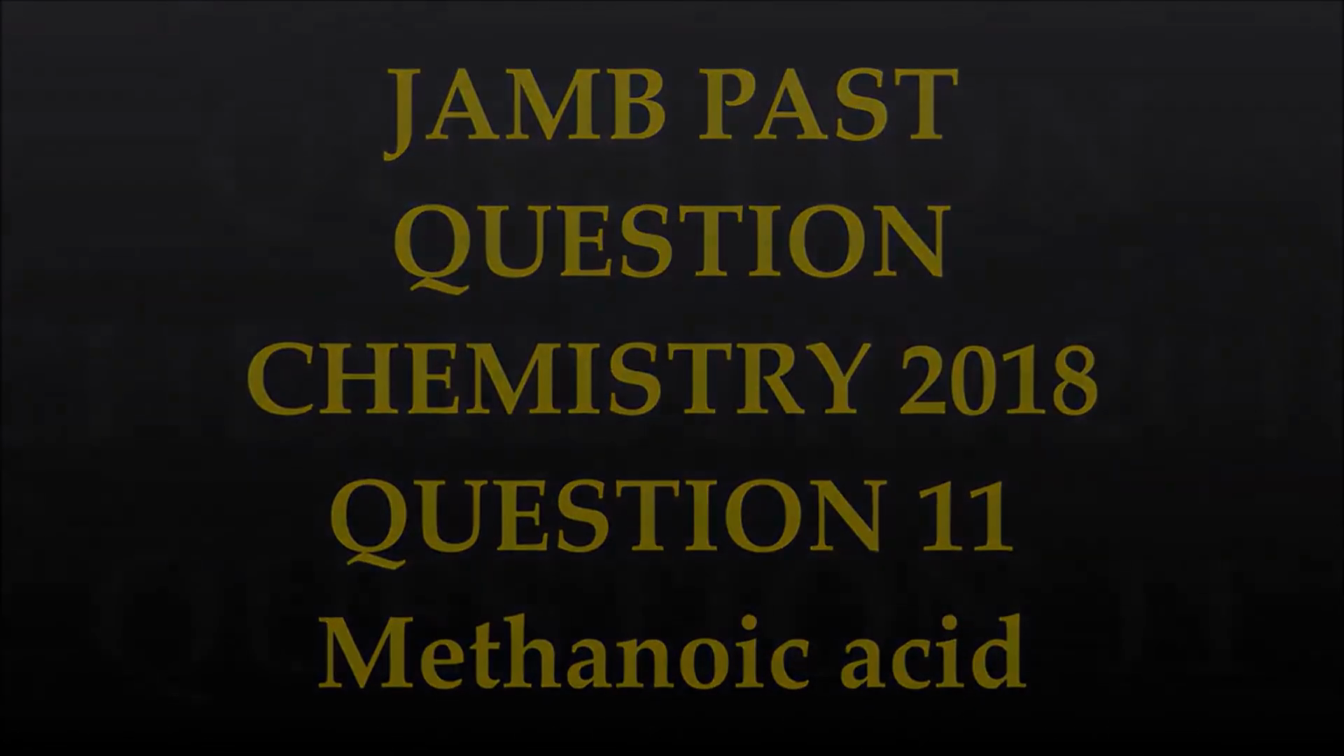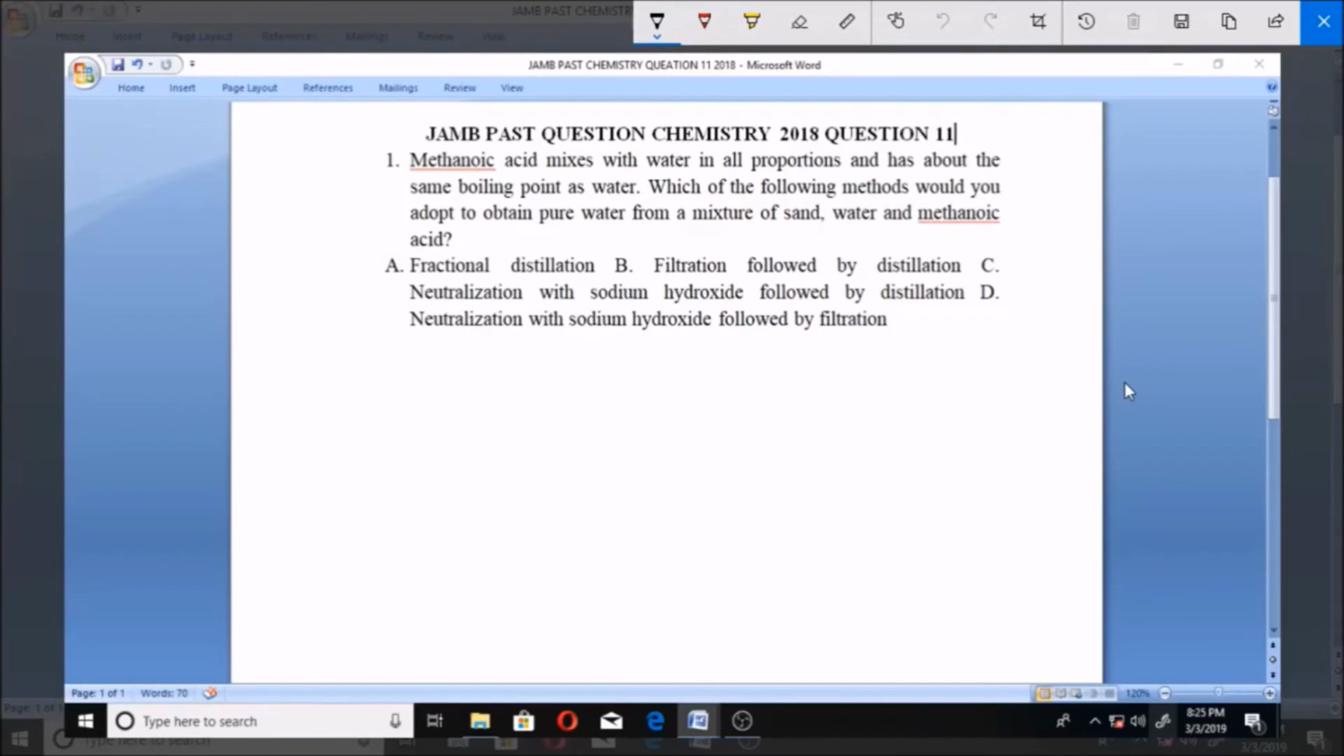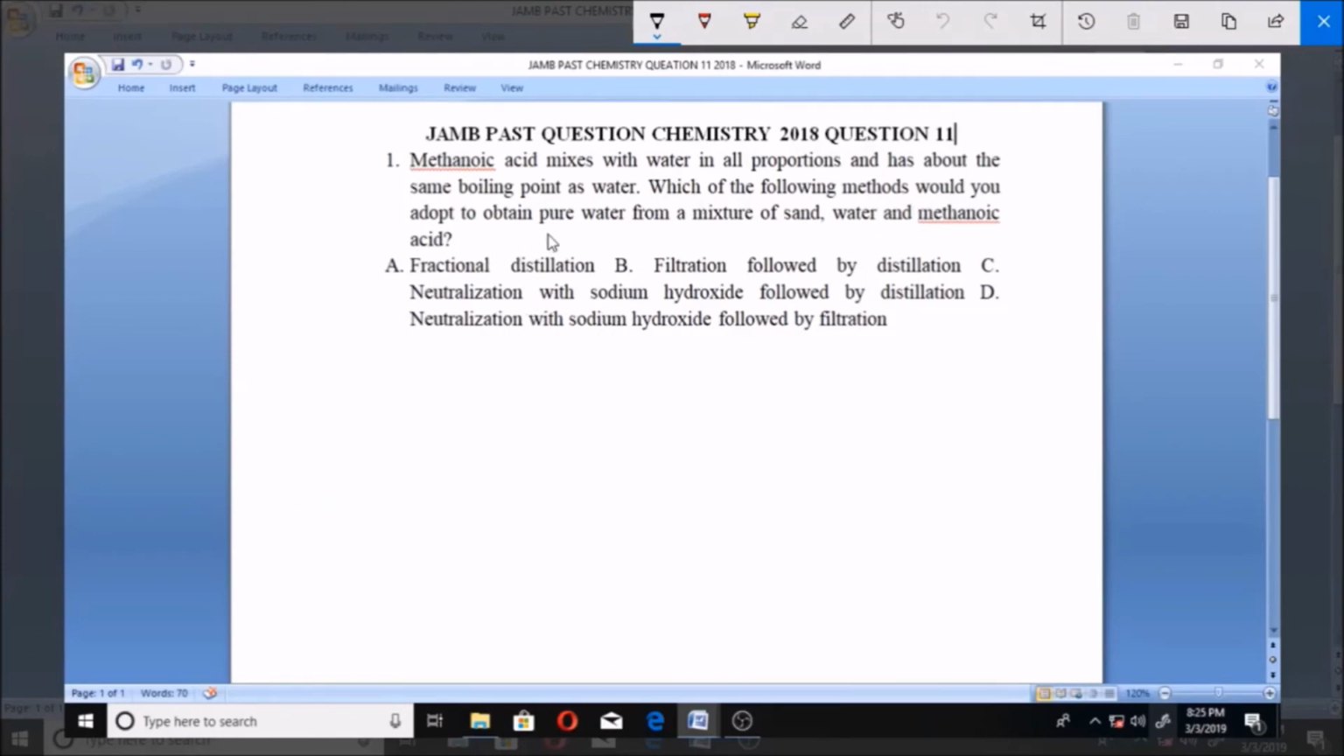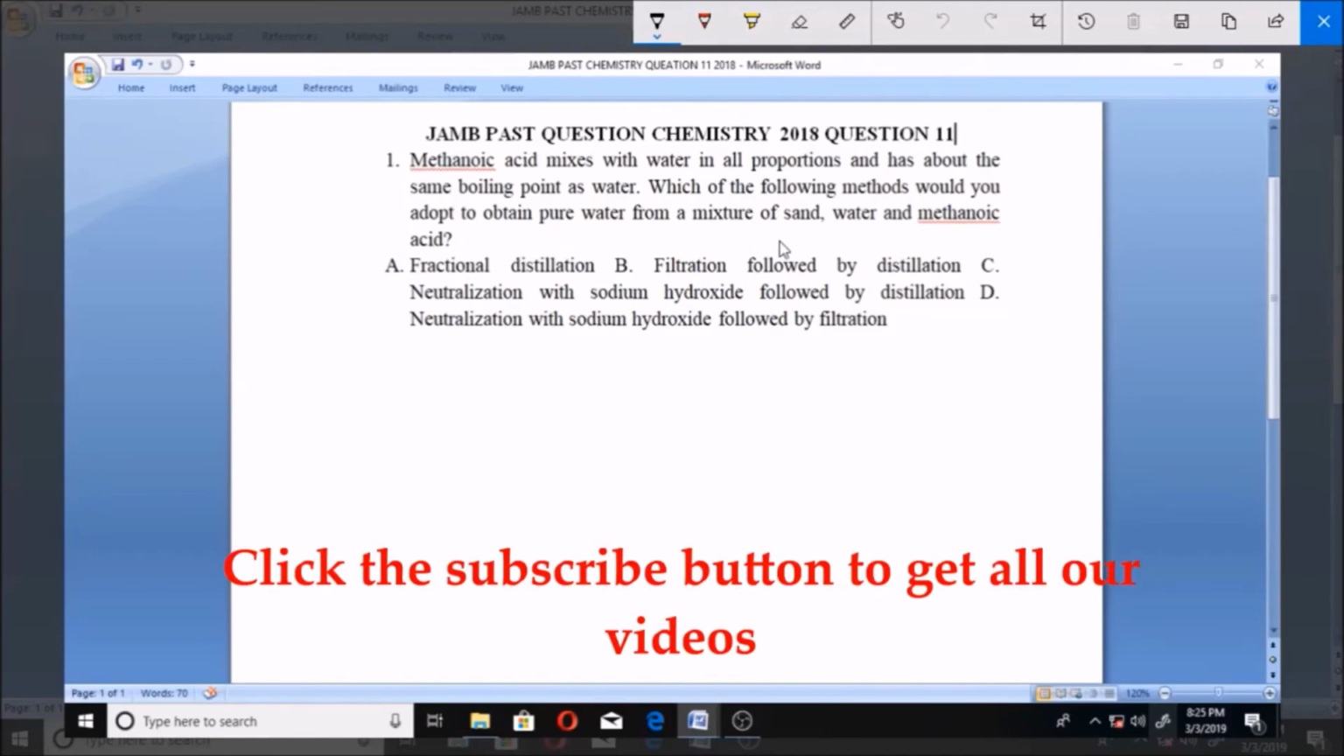Now let's look at this question number 11 for Jamb Past Question Chemistry 2018. Methanoic acid mixes with water in all proportions and has about the same boiling point as water. Which of the following methods would you adopt to obtain pure water from a mixture of sand, water, and methanoic